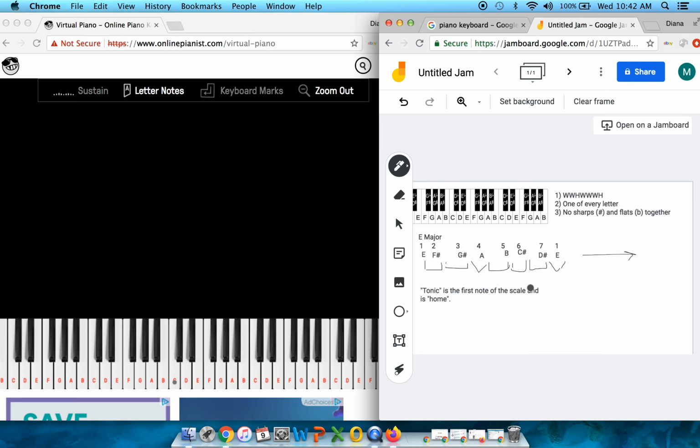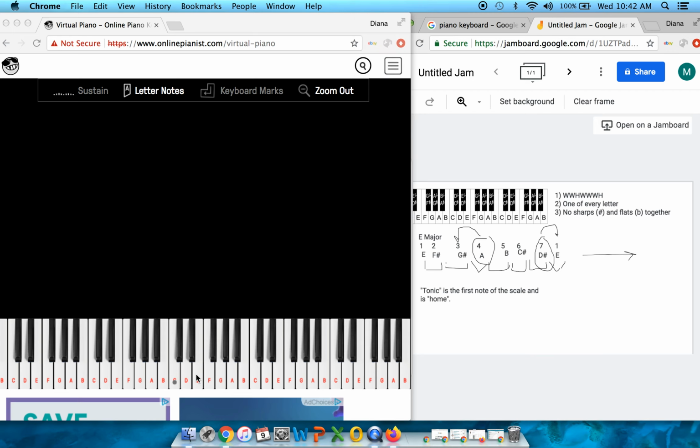So the other 2 really important notes are 4 and 7. And if you look at them, they're near the half steps. 7 really wants to go to 1. And 4 really wants to go to 3. So I'm going to demonstrate that. If I play the scale,